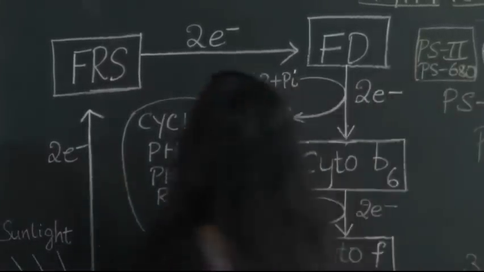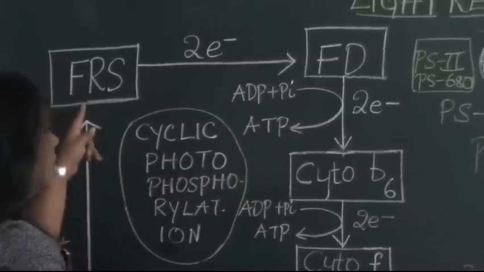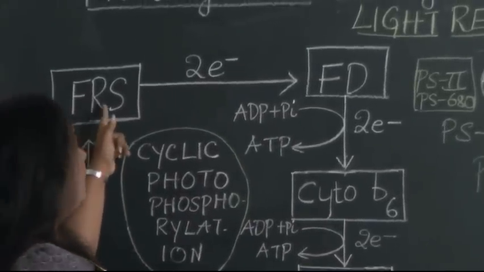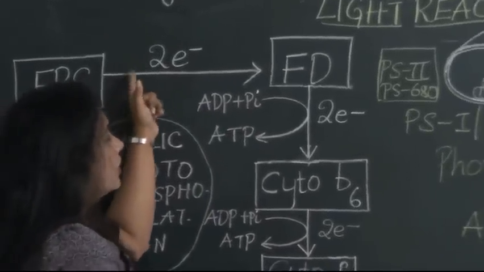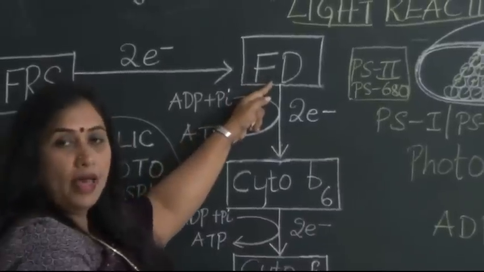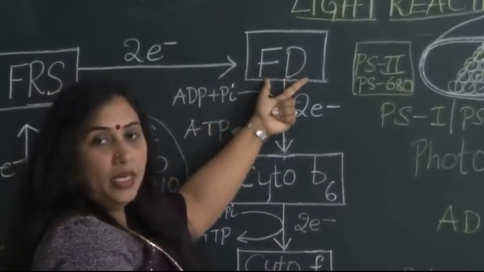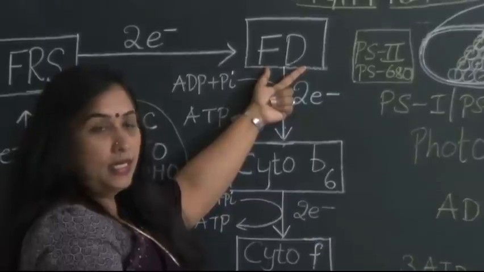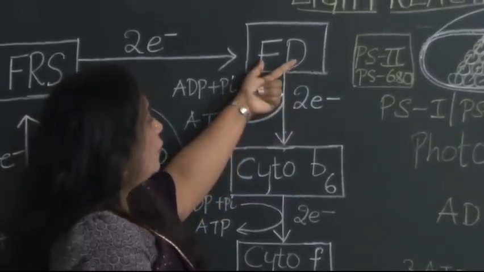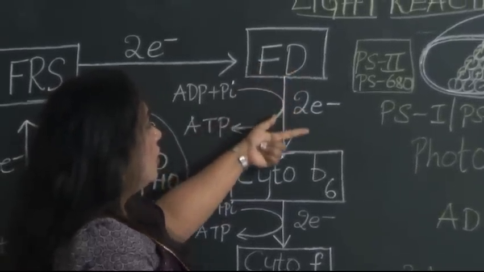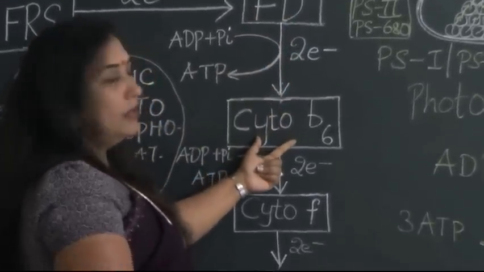Now this FRS, which has accepted the electrons, will pass these two electrons to another electron acceptor, namely ferredoxin. FD means ferredoxin. Now from ferredoxin the electron will be accepted by cyt